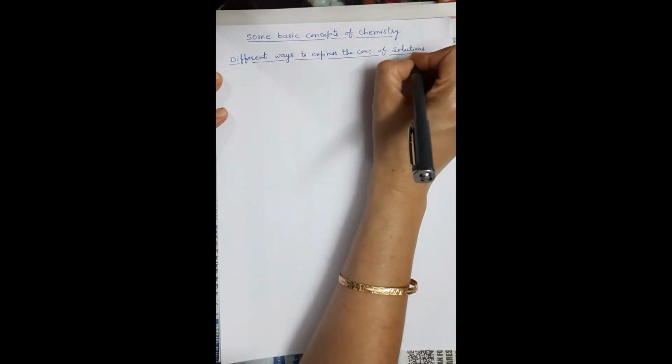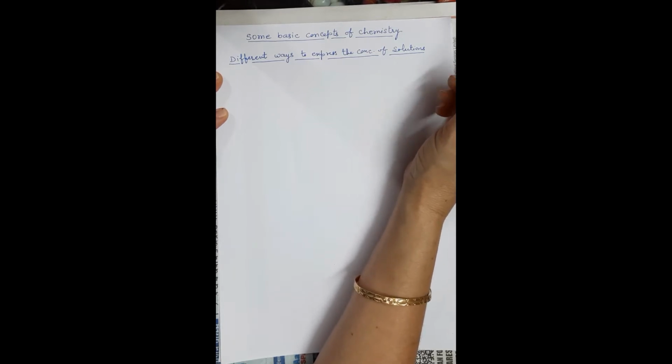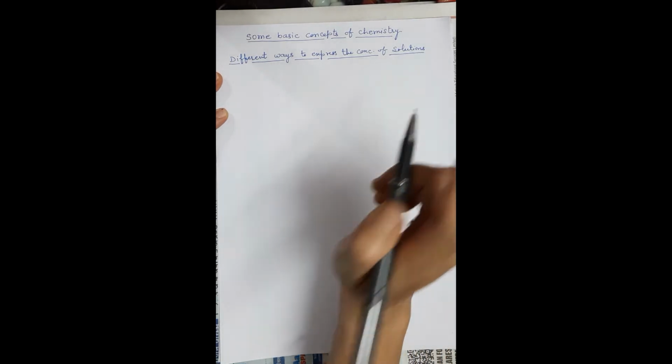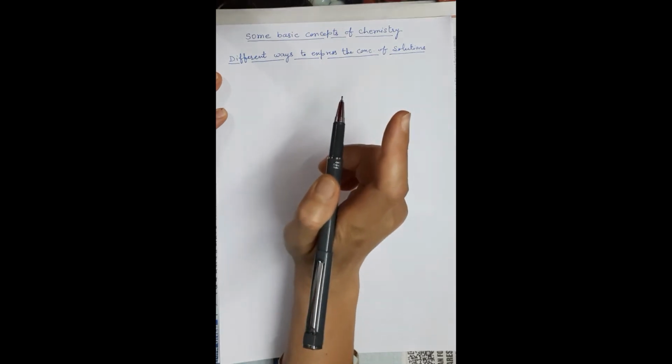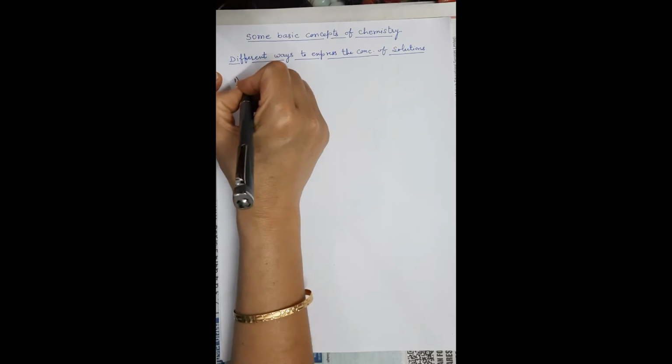If you take a glass of water, add 1 spoonful of sugar, take another glass of water, add 2 spoonful of sugar, take third glass of water, add 5 spoonful of sugar. Naturally, you know that the third one is more concentrated. So shall I say more the amount of solute in a given volume, more is the concentration? So now I need your concentration, and the first term to express the concentration of solution is mass percent.